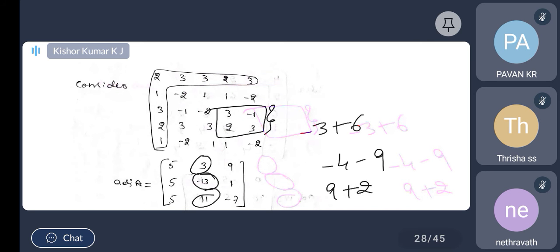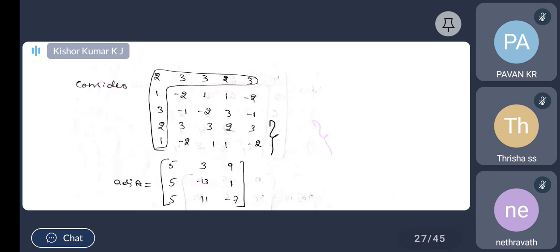See, you also should get upgraded like this. By seeing the four elements without writing, you have to do the calculation in your mind only. After doing that calculation, you should mention it here. That's why I told, if you keep on practicing more and more problems, you will get perfection in that. So follow the same procedure. You can get the column 3 as 9, 1, minus 7.